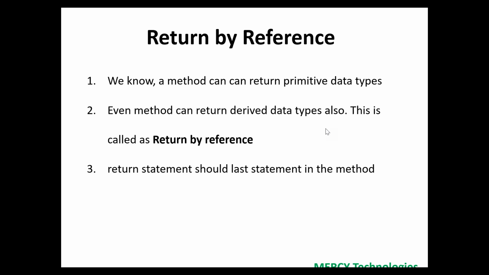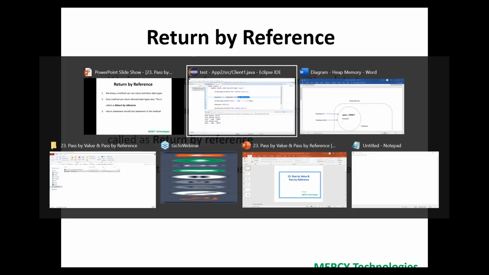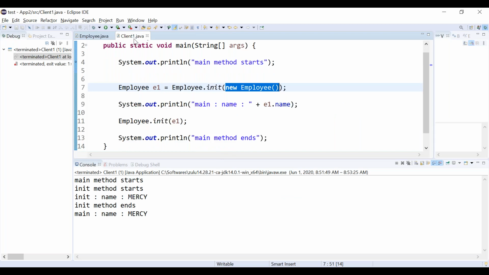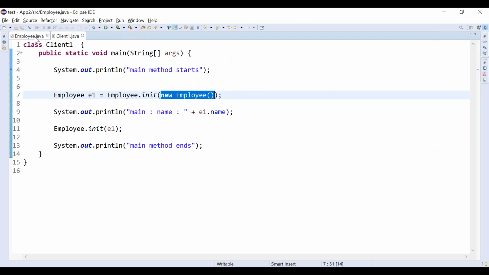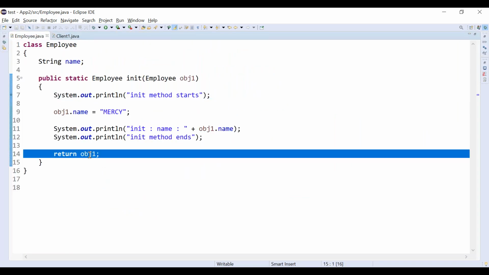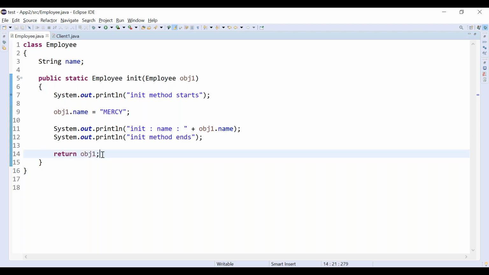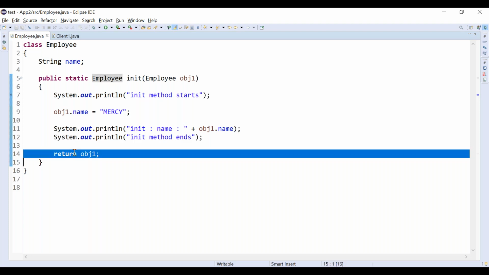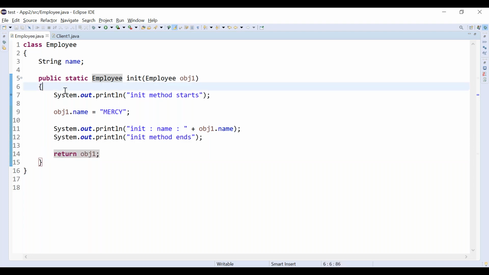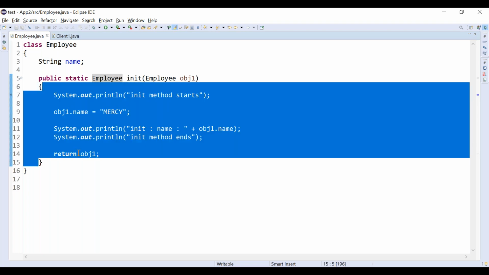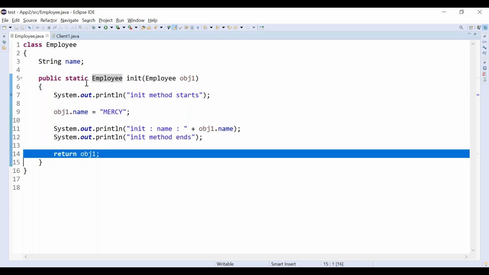What is the only one condition in return by value or return by reference? The return statement should be at the end. Return should be the last statement. Guys, this is a very important point. The return statement should be last in the method.